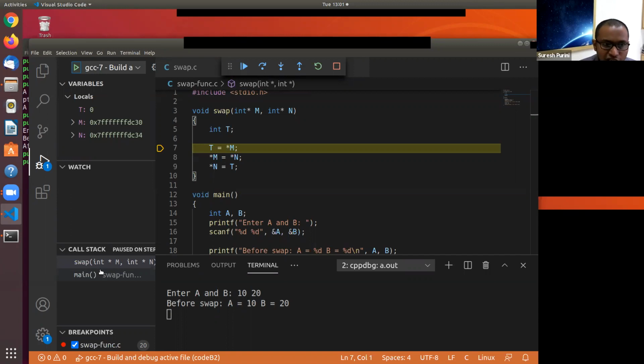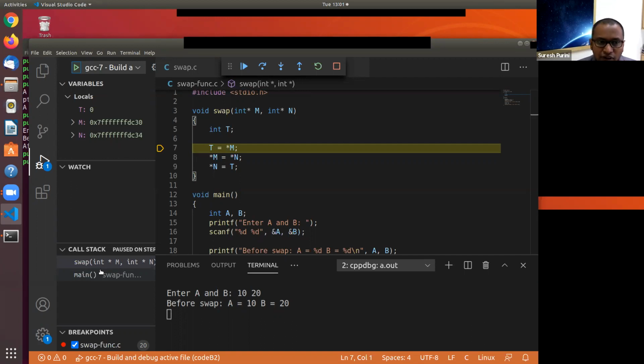And what does the activation record for the swap function contain? It contains the memory for the local variables t, m, and n. M and n also are local variables. The only difference is that the variables m and n are initialized to a value. And the value they are initialized to depends on how the swap function is called.